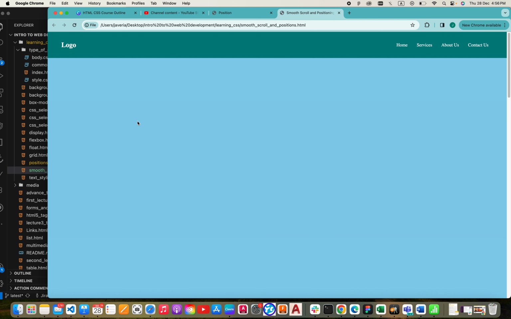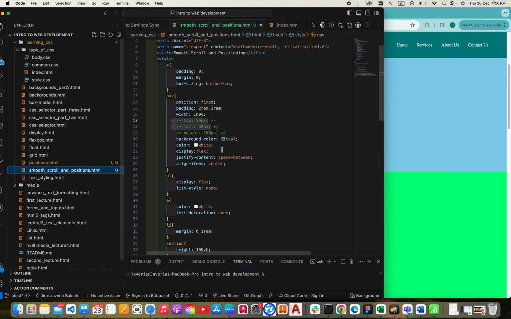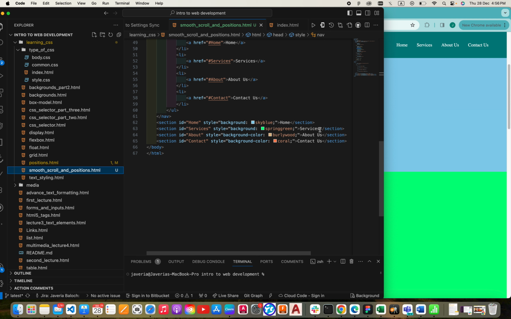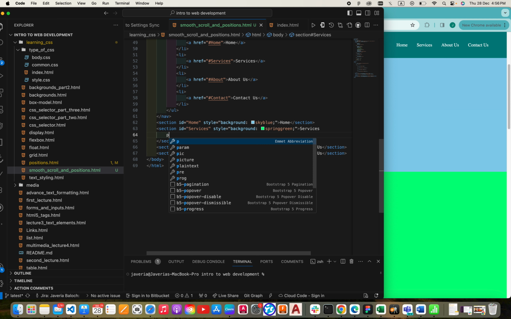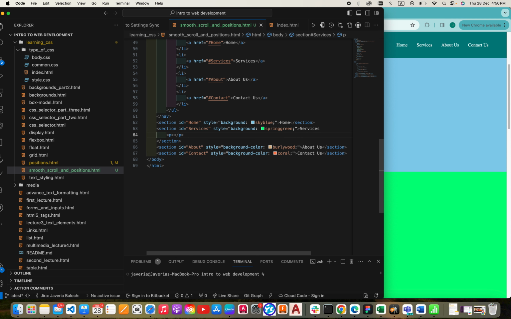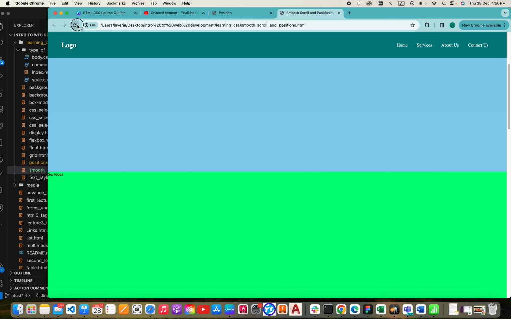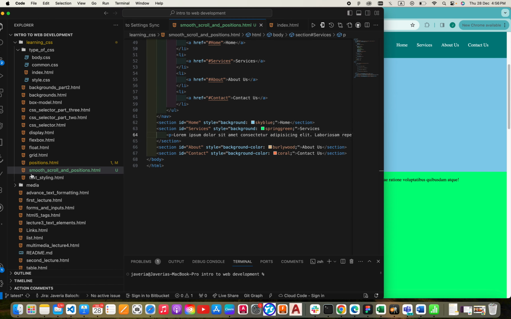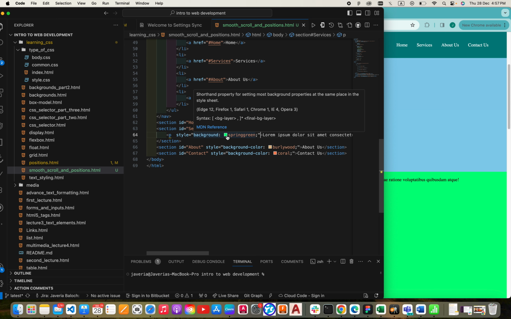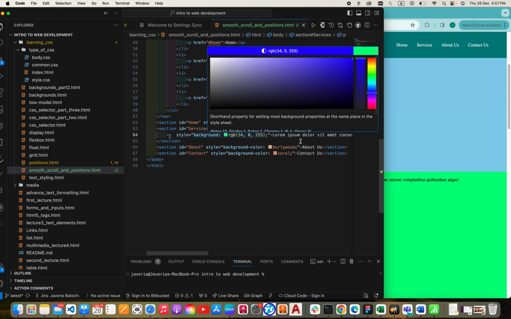fixed one. We have seen the absolute, and now I will show you the one that is called sticky. So for sticky, let's come in the services, and inside the services I am going to define something very interesting, that is a p and lorem. Refresh. So this is here. I am going to assign it a color. Now let's come here and use inline CSS, copy, space, paste, and color of blue,